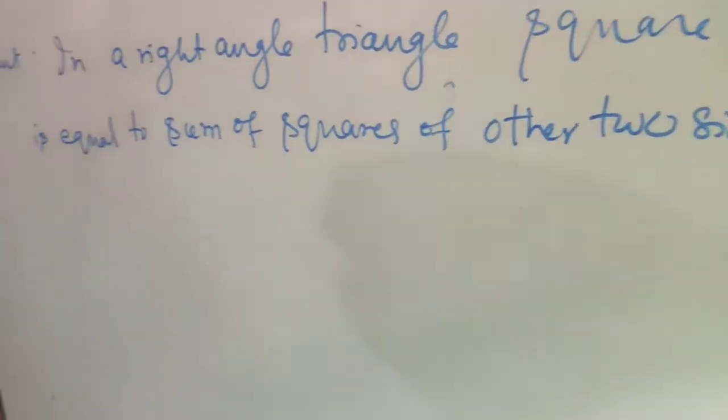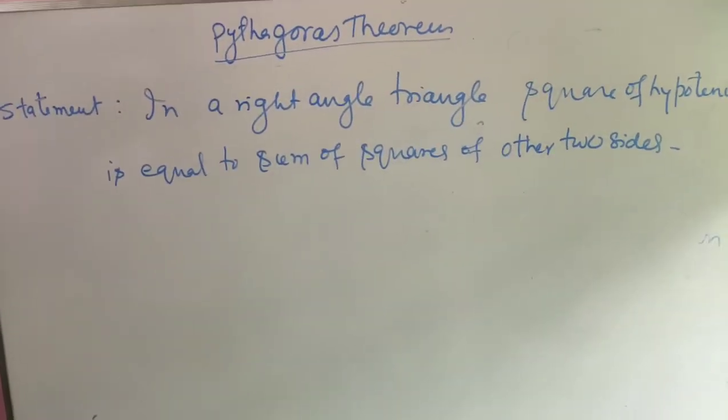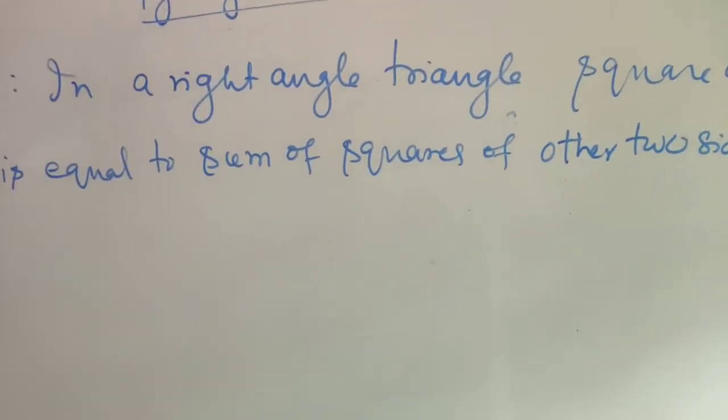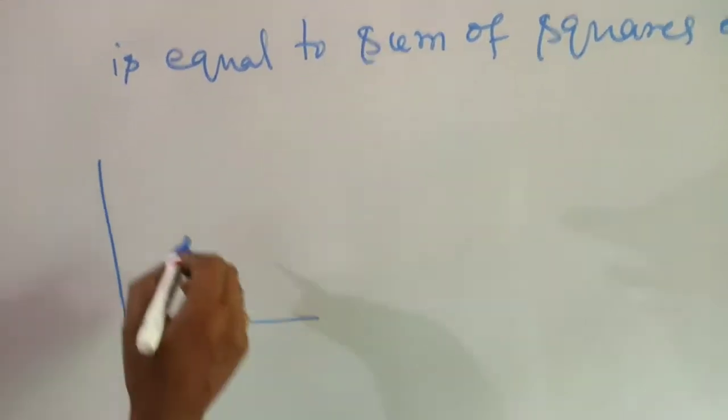This is the Pythagoras theorem. In a right angle triangle, a square of hypotenuse is equal to sum of squares of other two sides. So, see here, this is a right angle triangle